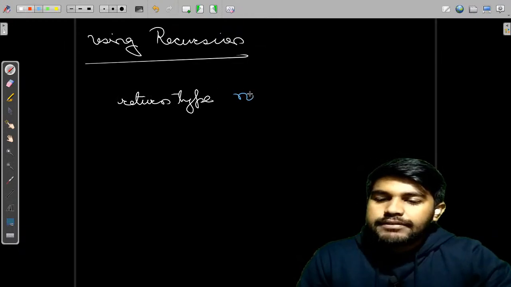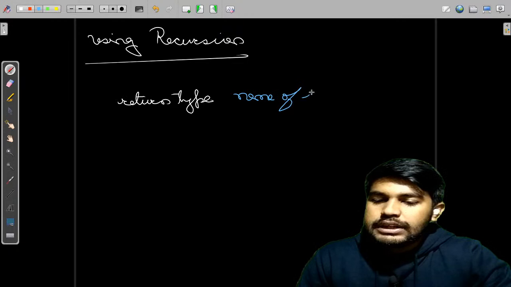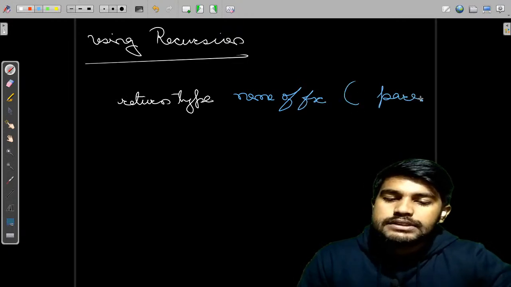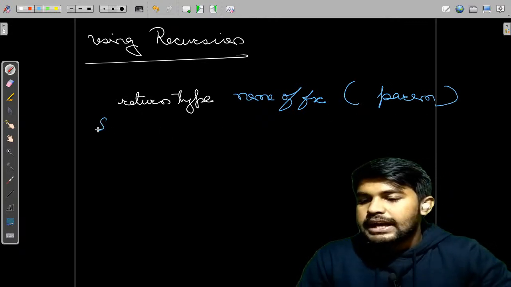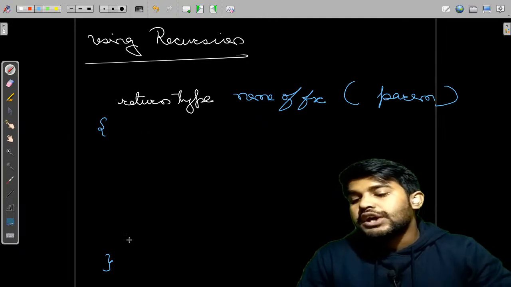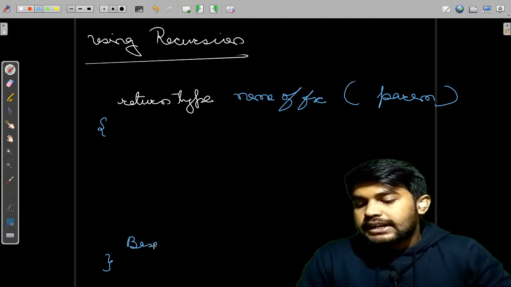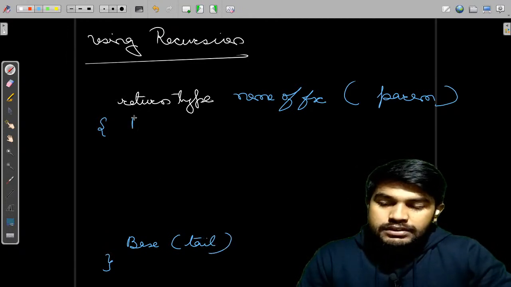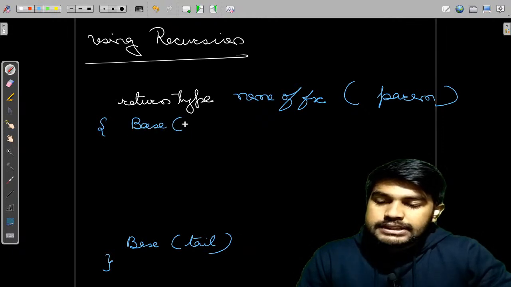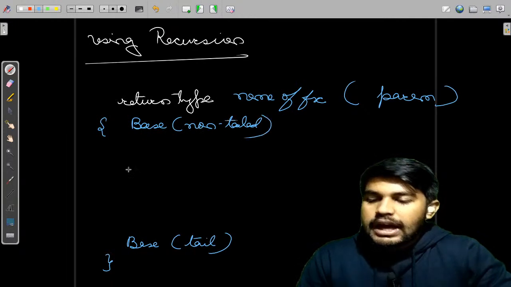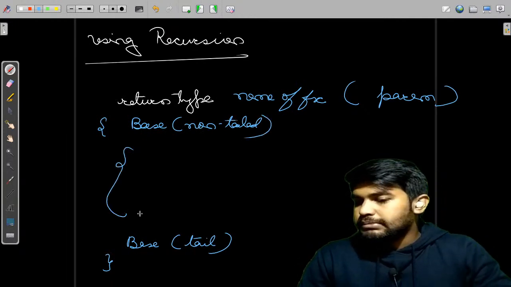Then we have the name of the function. Then we have the parameters, we would name it as param, and then if it is a tailed recursion, we would have the base case at this point. So I would just write tail, and if it is not a tailed recursion, we would write the base case here and say non-tailed. And this would be the intermediate case.